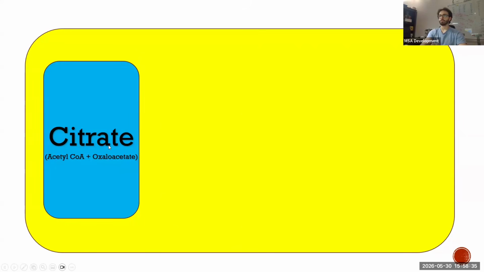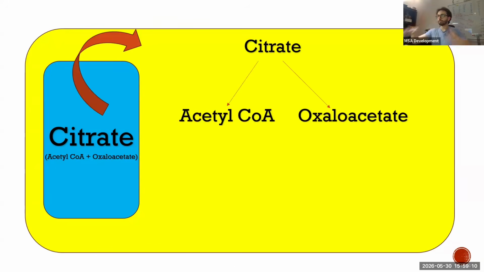Now, why is citrate important here? It only has one function, by the way, because what we're going to use for the synthesis of fatty acids is acetyl-CoA. But there is one single issue. Acetyl-CoA has to go to the cytoplasm in order for it to synthesize fatty acids. But acetyl-CoA can't just exit the mitochondria on its own. It has to be transported through something. This something is citrate. So acetyl-CoA and oxaloacetate will become citrate, and this citrate will leave to the cytoplasm and break down again into acetyl-CoA and oxaloacetate.